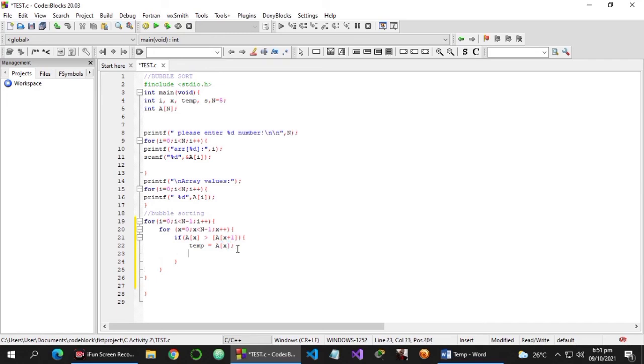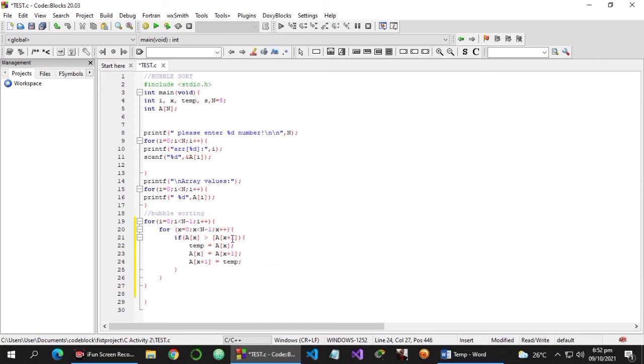Then, array A x is equal to array A x plus 1. Then, array A x plus 1 is equal to temp, our temporary variable. So, that is our code